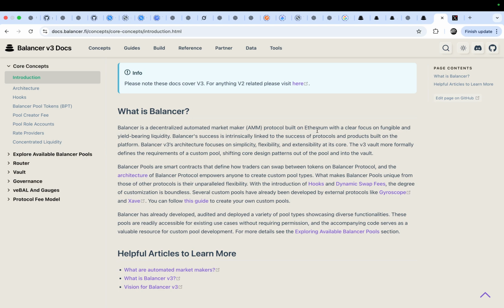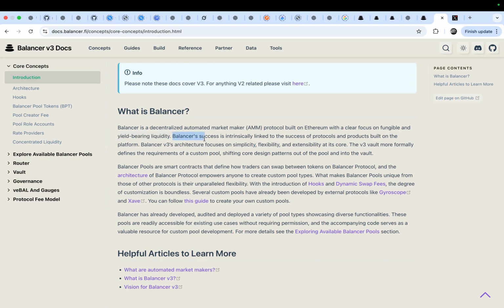The protocol is built on Ethereum with a clear focus on fungible and yield-bearing liquidity. Here fungible means ERC20 tokens, and yield-bearing means if you add some liquidity in some pool, you will earn the swapping fees.